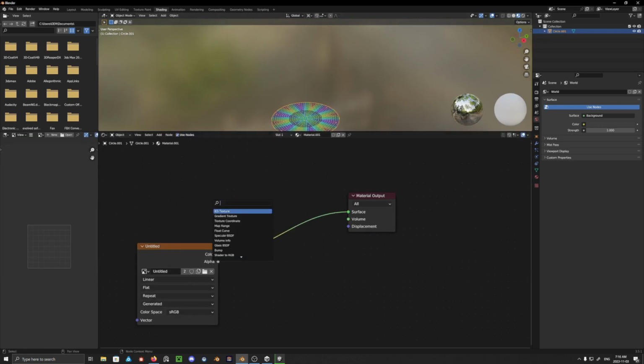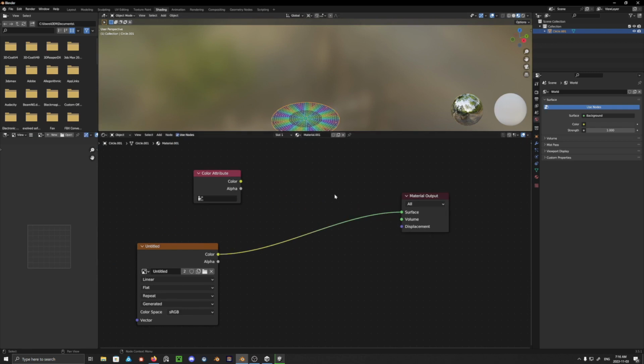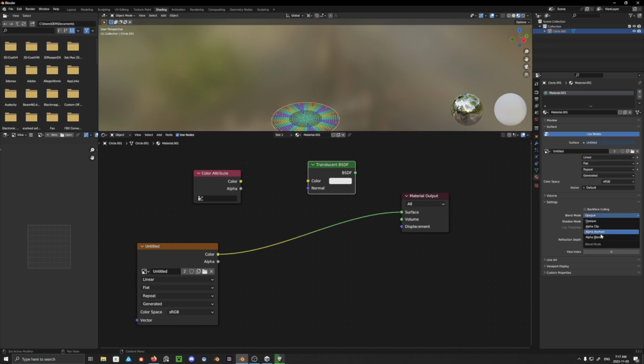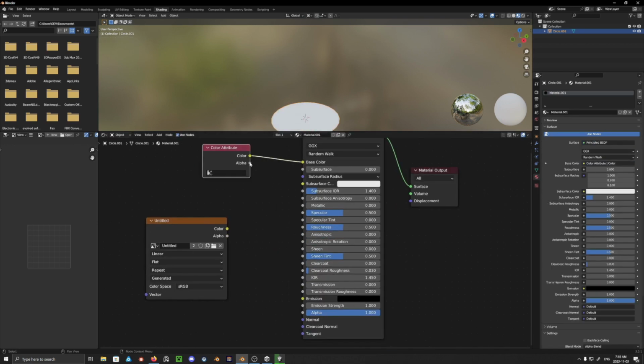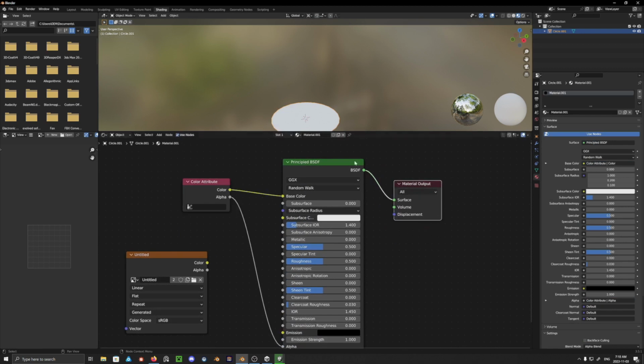And what I want to do next is I want to just show the vertex color, because the vertex color kind of comes into play here. So I'll just grab that color attribute, and I'm going to try to set up shaders here inside of Blender that would show the transparency as well as just the straight color. I've just got to figure out how to do this here. I've got the principled, which has the alpha in it, and